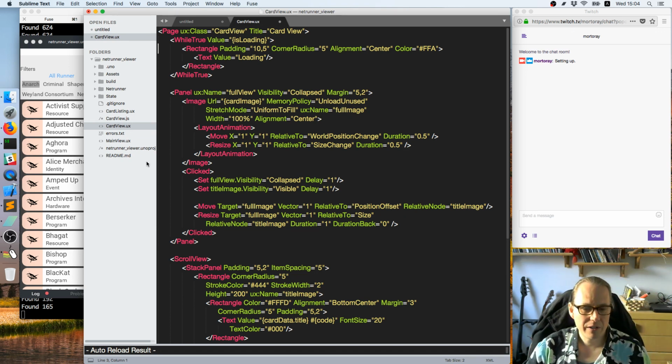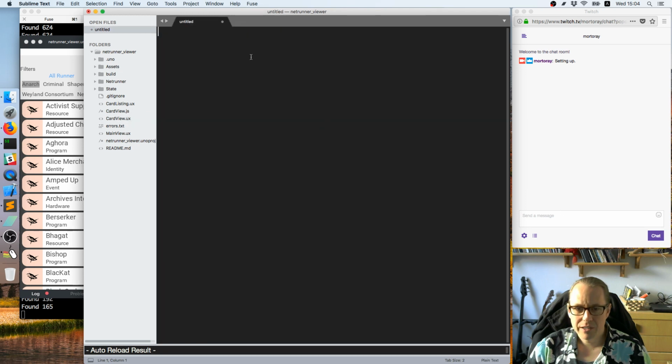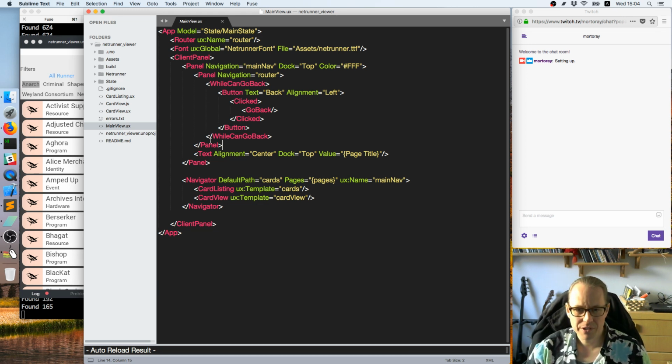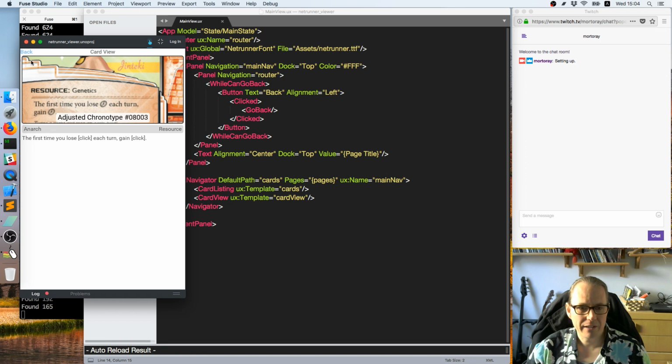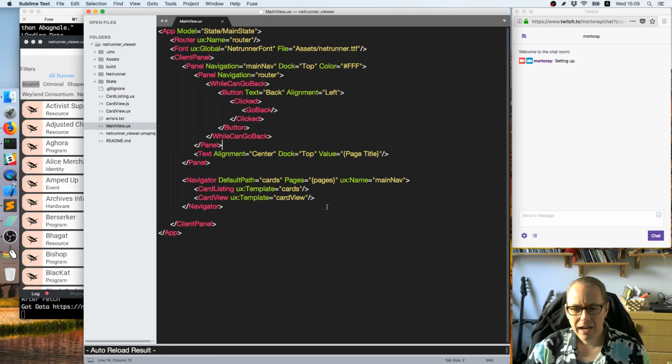Now let's see where we are. Let's go to our main view, and let's not save that because I just typed junk. So this is main view. Our main view had a client panel, and we had a navigation, and this was just for the back button. So we have a navigation right here. This is a navigator, but we only have 2 things in it, because if you click on a card, you can go back. That makes sense, right? Okay. I think we'll keep using the same navigator,